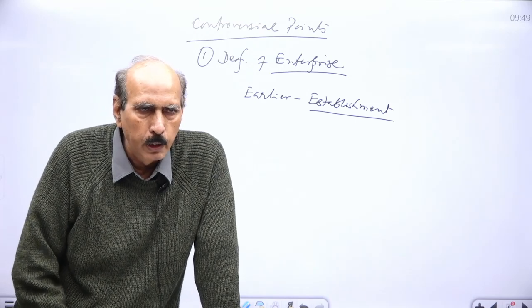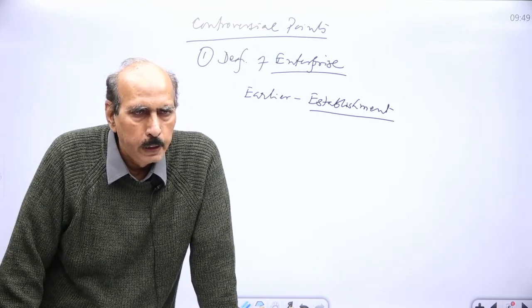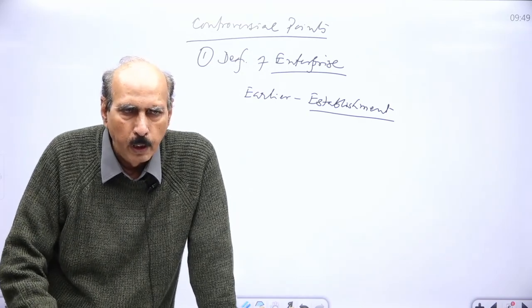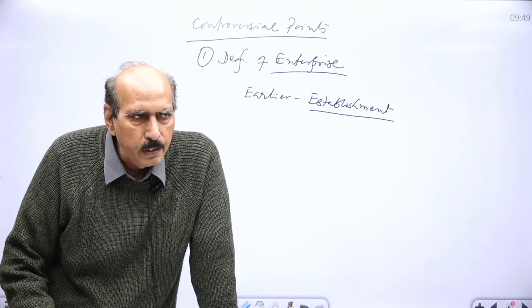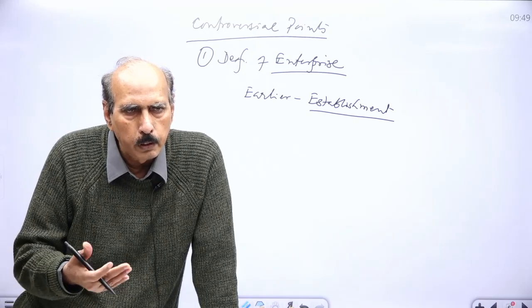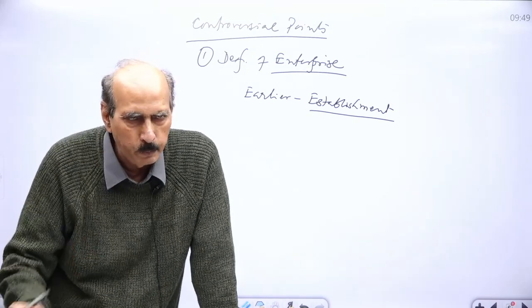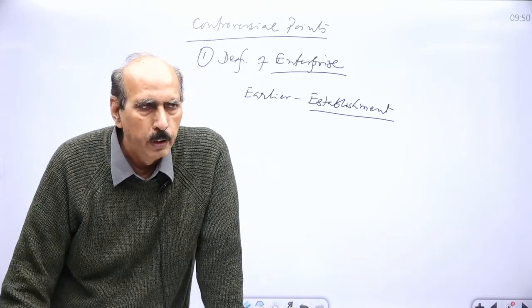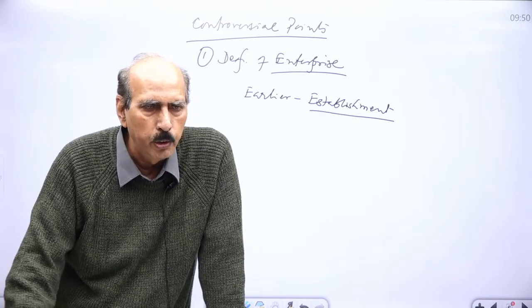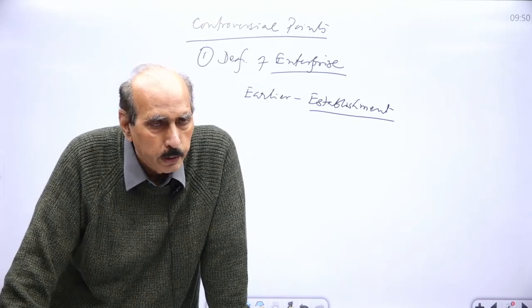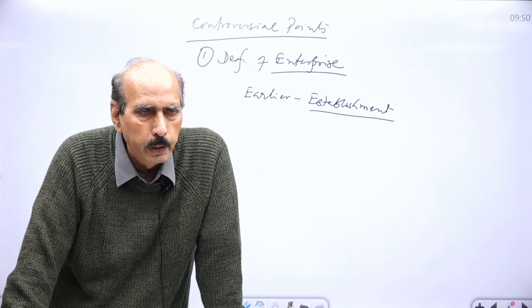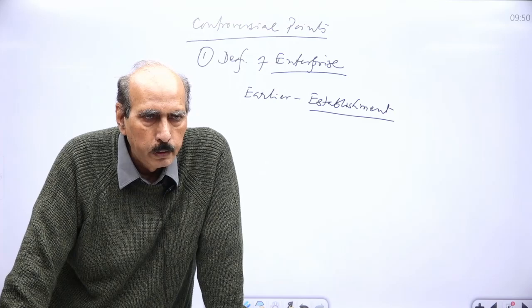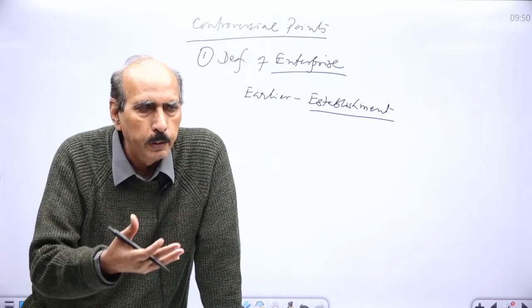5 यूनिट है तो 5 का अलग अलग हम काउंट करेंगे. In the new system, we are counting it is one enterprise, headquarter plus 4 units. As a result, the contribution of the enterprise has inflated because the central accounting function, central finance function, central advertisement function were not counted earlier, which were undertaken by the headquarter. Now they are also counted. As a result, the contribution of the enterprise in GDP has enhanced.